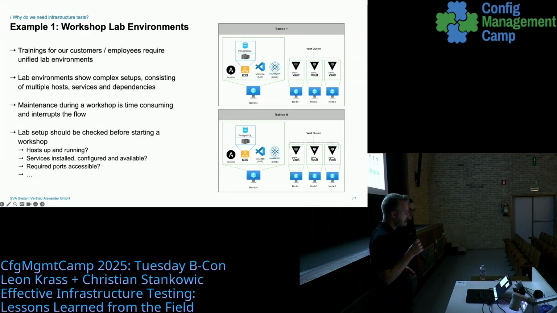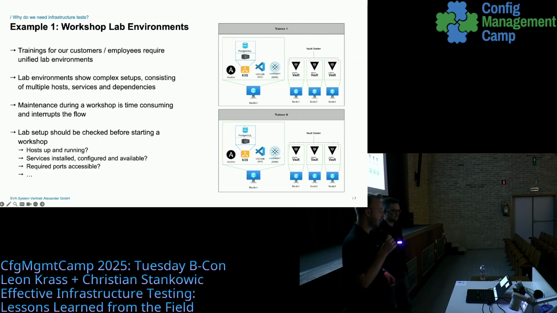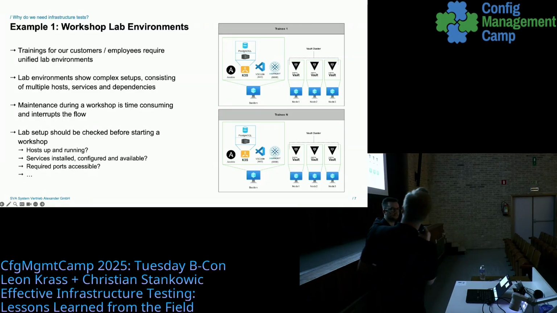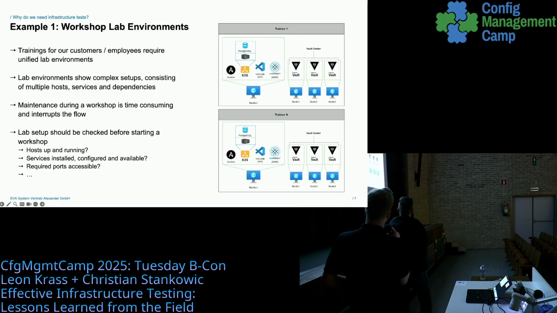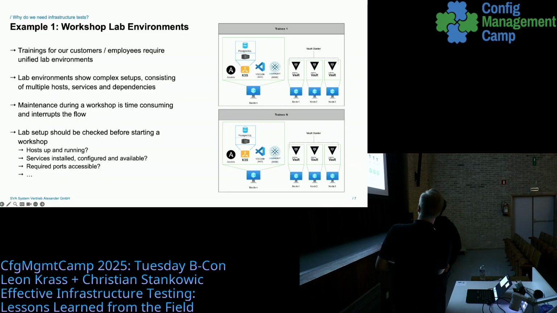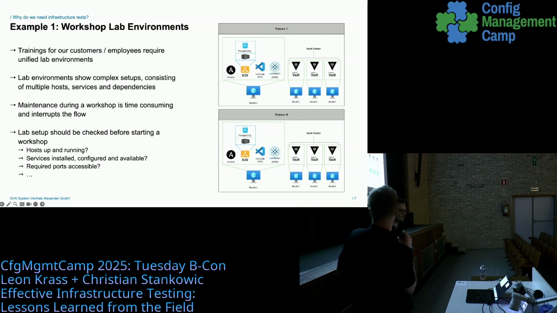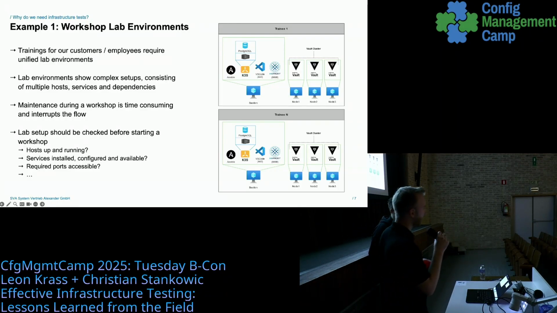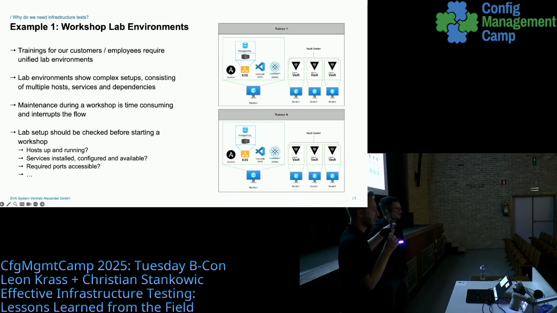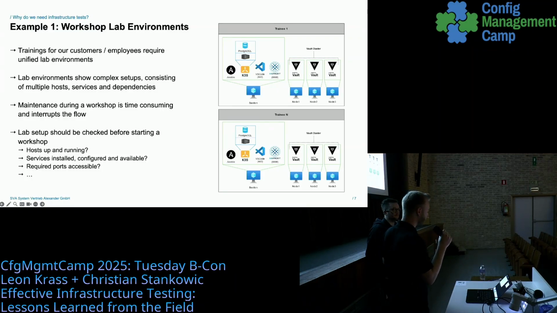There are a few things we are checking, like are the hosts up, is everything installed that we need. I have an example here, from a HashiCorp Vault beginner workshop we do. There we have an infrastructure with Ansible running, with a K3s, VS Code server, HAProxy, and we also have 3 additional nodes to install a Vault cluster. And we have to ensure that this environment, which is instantiated multiple times, is working,